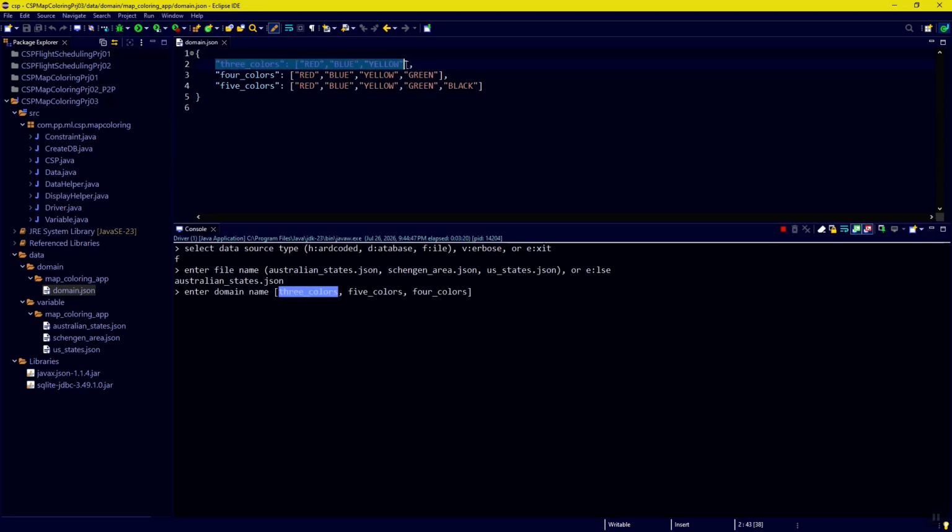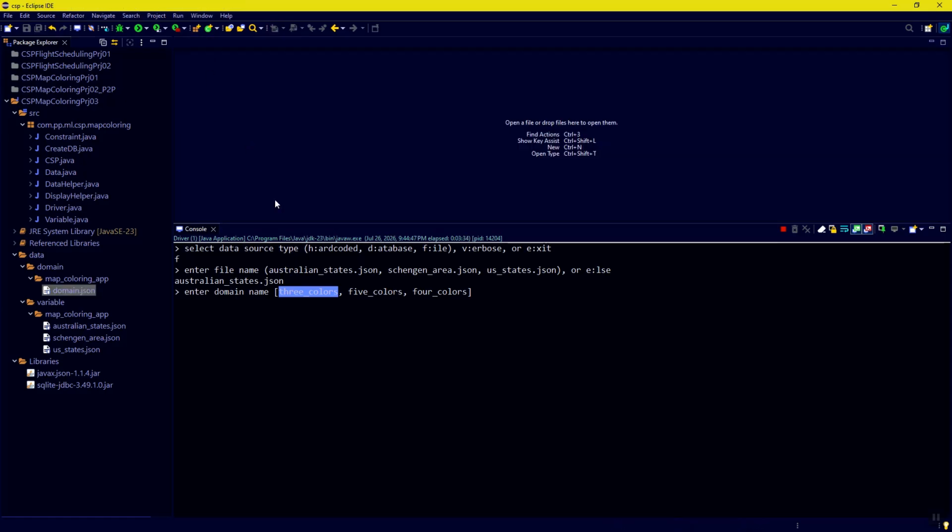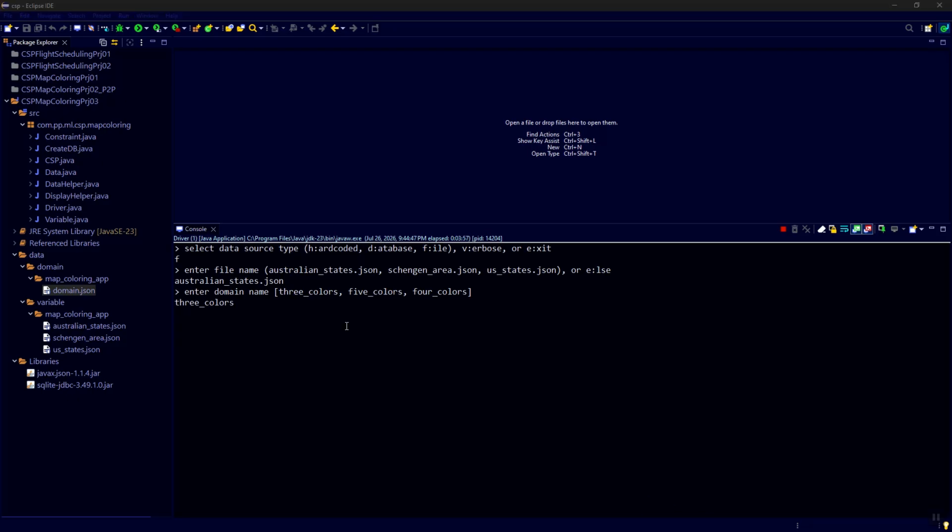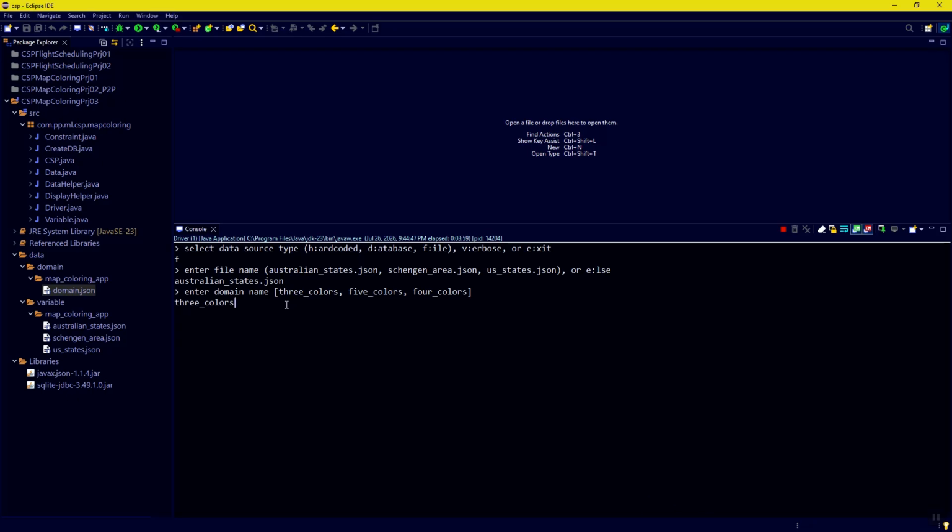So we have either three colors, we can use 3 colors, or 4 colors, or 5. And we can add or remove domains here. So we went with 3 colors, and